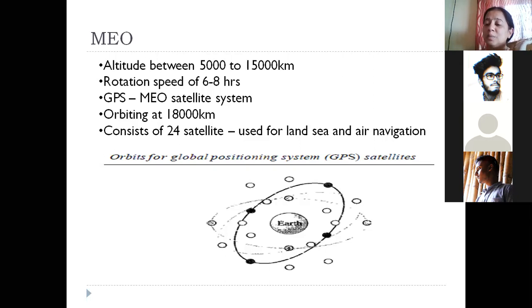This GPS system is a very, very useful communication system. For the GPS to work correctly, there are about 24 satellites which orbit the Earth, and they will all the time keep on updating us regarding where we are placed, how close we are to the destination, when we are going to reach the destination, or how much time is required. This is done with the help of a constellation of 24 satellites.